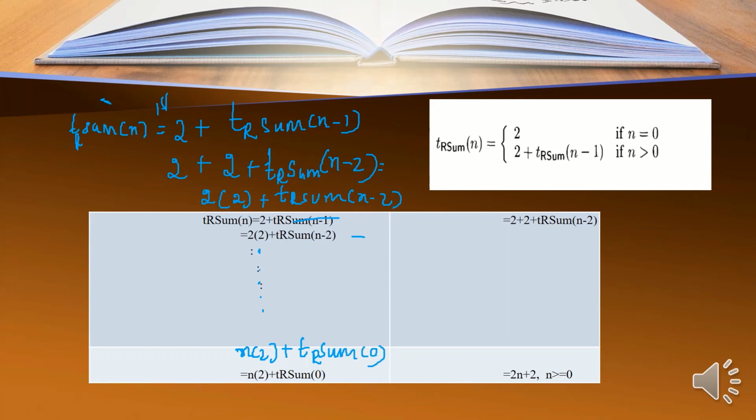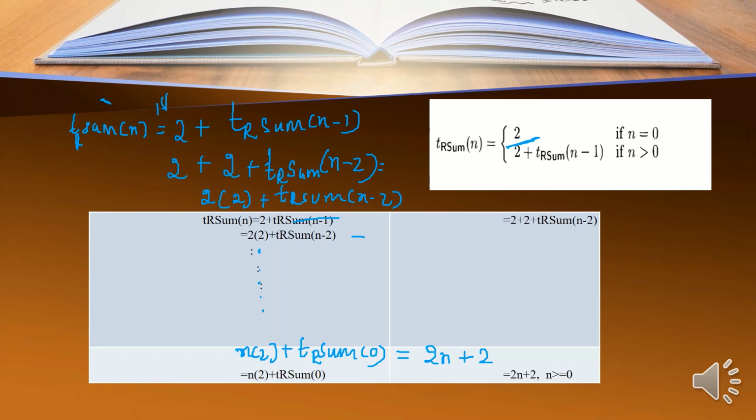Now what is T_RSum of 0? We have already seen that if n is 0, the value is 2. So we get 2n plus 2. This evaluates to 2n plus 2 for n greater than or equal to 0.